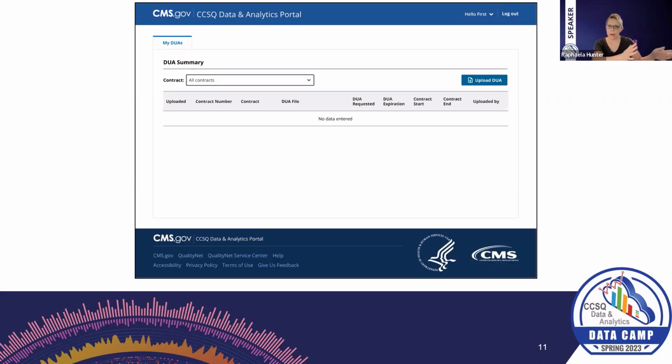So when a DUA owner comes into this tab, they are going to see, in this particular case, this is the very first time they've shown up. So nothing's been uploaded yet. And so they're able to see the contracts they're connected to, whether it be one or multiple. And simply, they click that Upload DUA button, next screen,